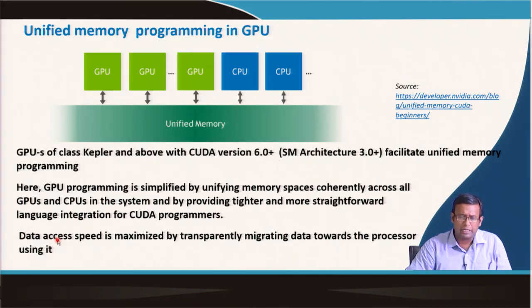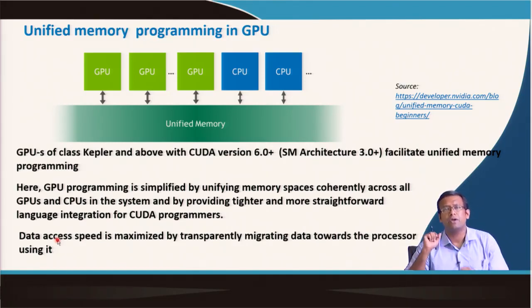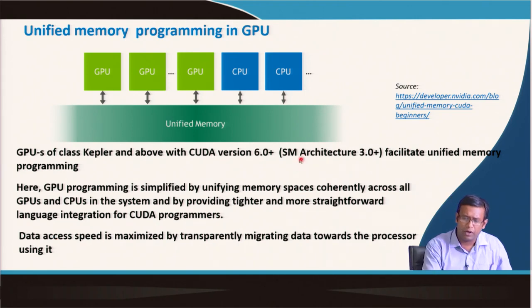And the data access is maximized by migrating data towards the processor using it. So data will reside in one particular location in the CPU RAM. If the CPUs are working, then it is visible to the CPUs. If the GPUs are working, the data will be migrated to the GPU RAM, and that support is provided by the newer architecture of